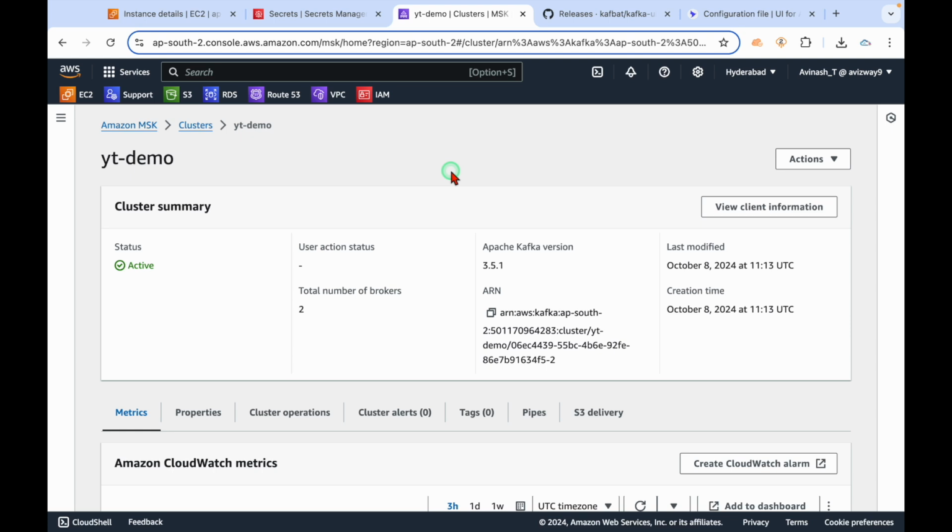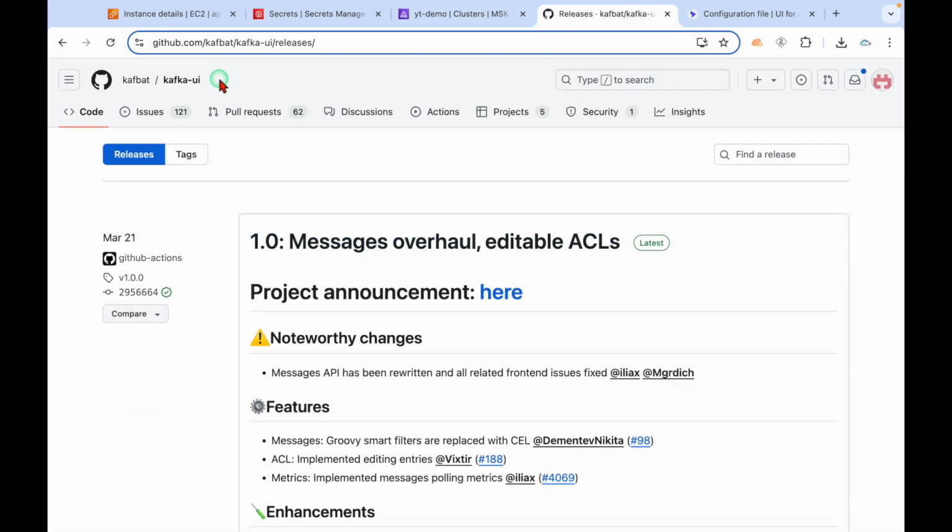In this video, I'm going to explain how we can configure a UI for the Amazon MSK cluster we have created. In previous videos, we performed everything using the shell script that Kafka automatically provides. So we have an open source project called kafka-UI. Basically, we can use that